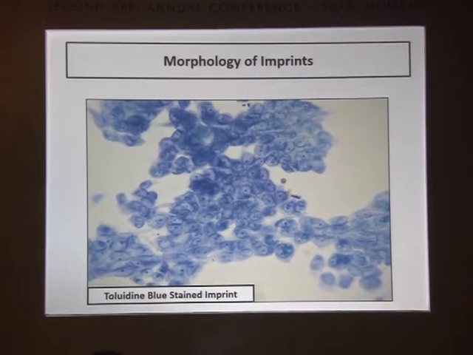This is how the cytology smear looks. Toluidine blue stain, single stain, and you can easily make the diagnosis. Not only can you say it is representative, but you can also say that it is adenocarcinoma. Here it is a well differentiated type, so it is very monotonous looking, not much pleomorphism, but you already have